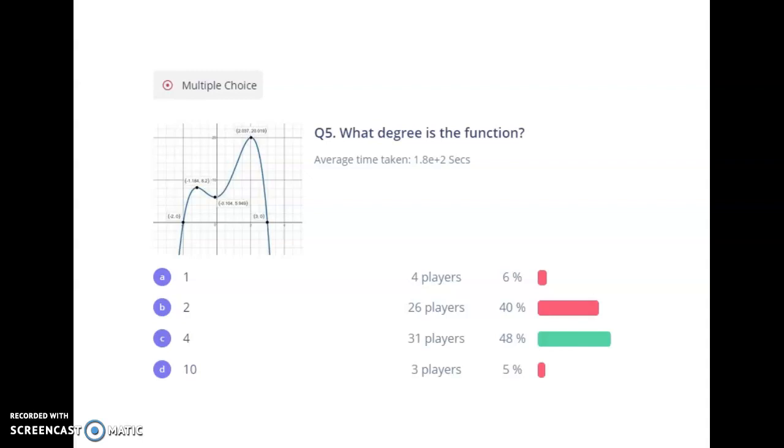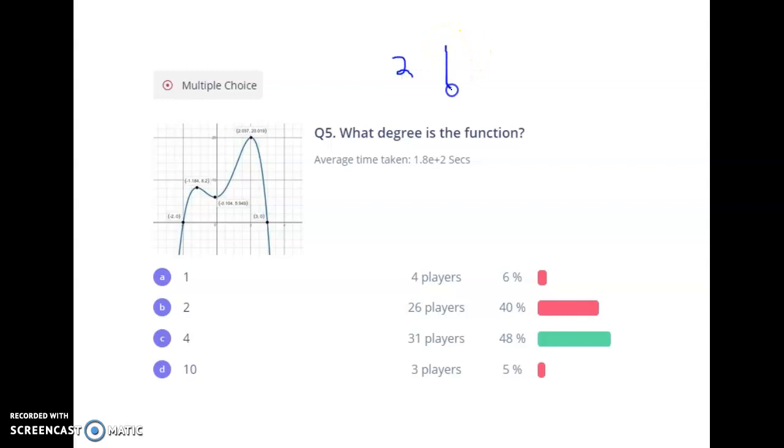Hey everybody, I just want to go over a couple of the most commonly missed questions on the quizzes. So here's question 5. It wasn't necessarily your question 5 because I believe it was set to jumble the questions or change the order. But I gave you the graph of a function and it asked you what is the degree. Degree is the highest exponent of the function and it has all of the power. So for example, if the degree was 2, which a good percentage of you guys said,